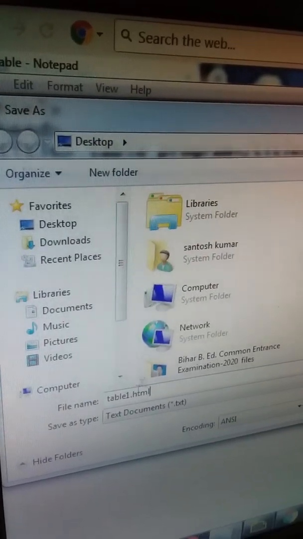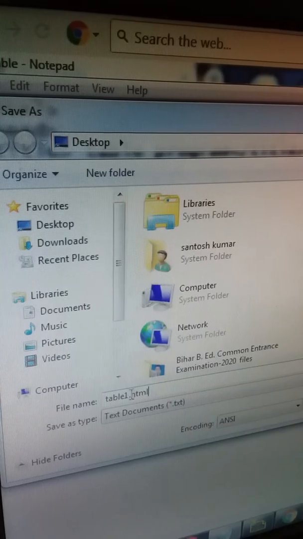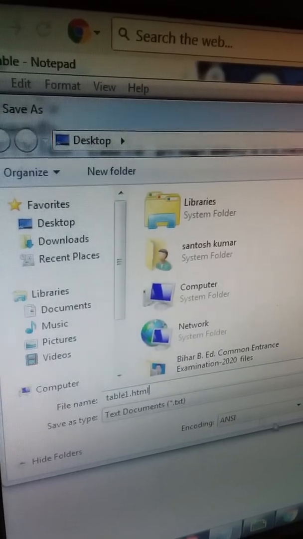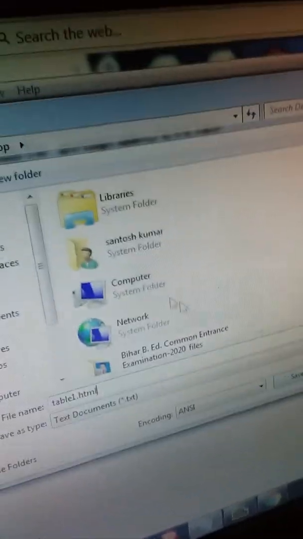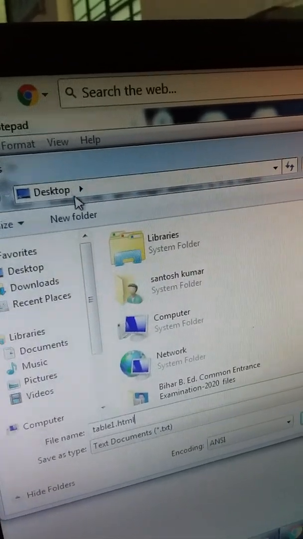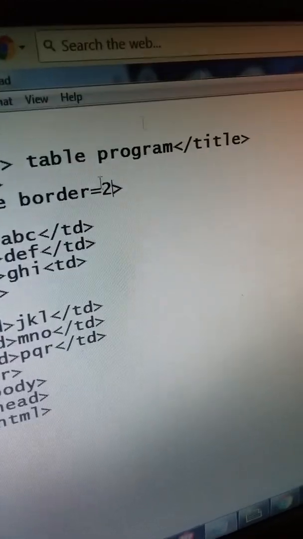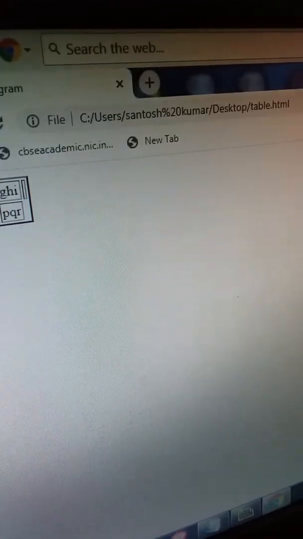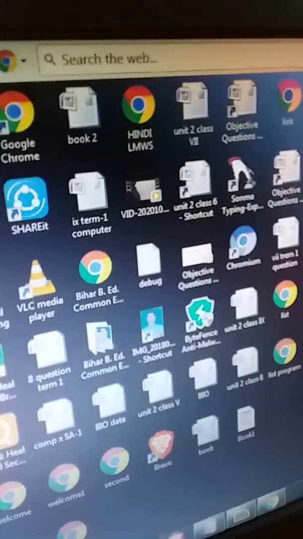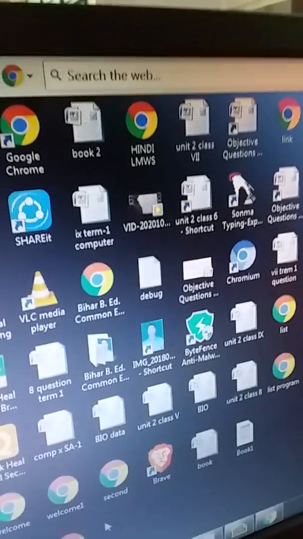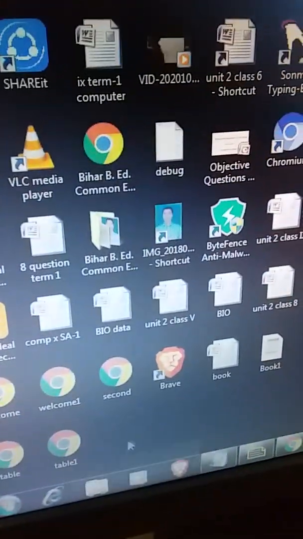You can use any name for the program, and .html is the extension. Click on save. I am going to save on the desktop. It will be saved, and we can see it on the desktop. First refresh. See here, table 1 program is here.